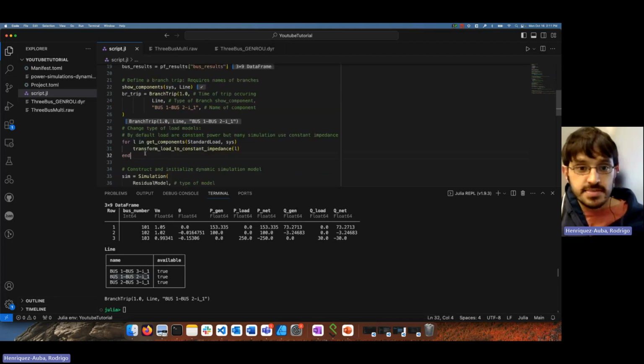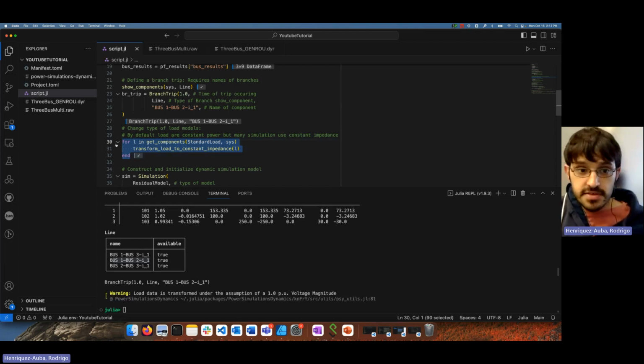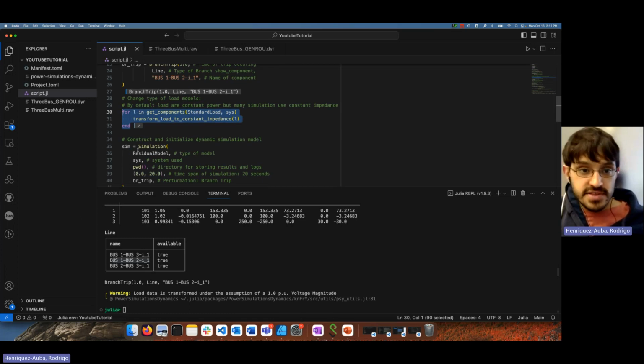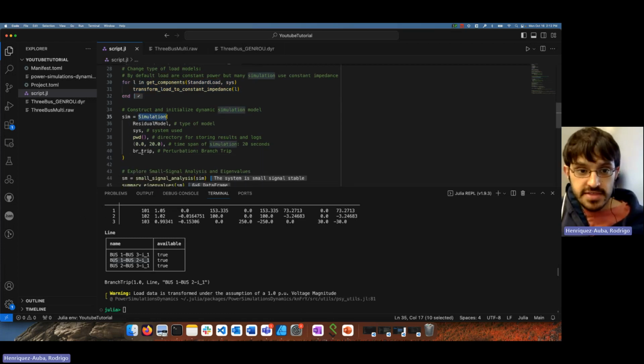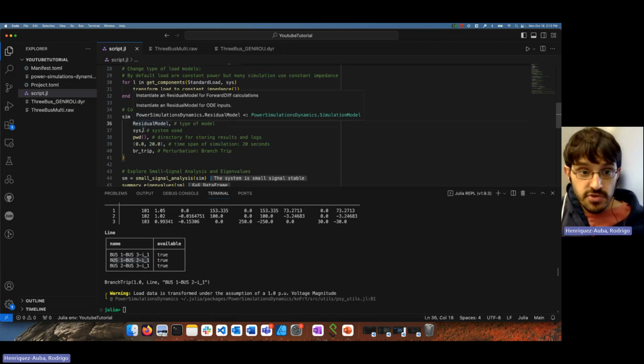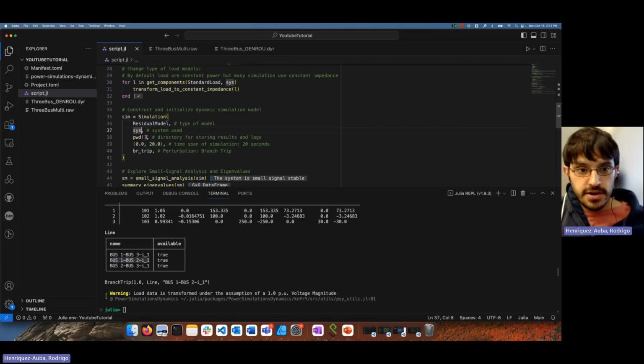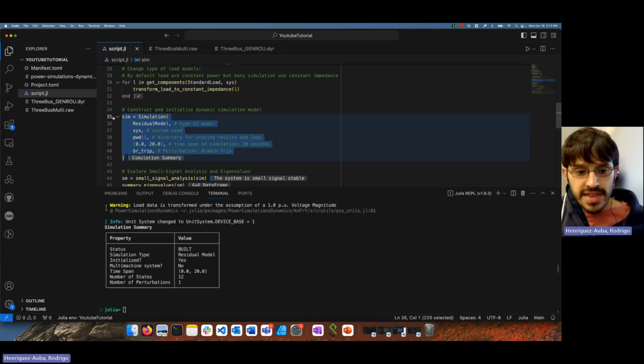Then most of the systems come using constant power load models. So many of the dynamic simulations use constant impedance. So we will use this for loop to go through each of the loads available in the system and transform them to constant impedance. And then using the Simulation function, we will create or initialize the simulation using a residual model for the system that we define in the specified folder here for a 20 second simulation using the branch trip that we defined before. So if we run these,